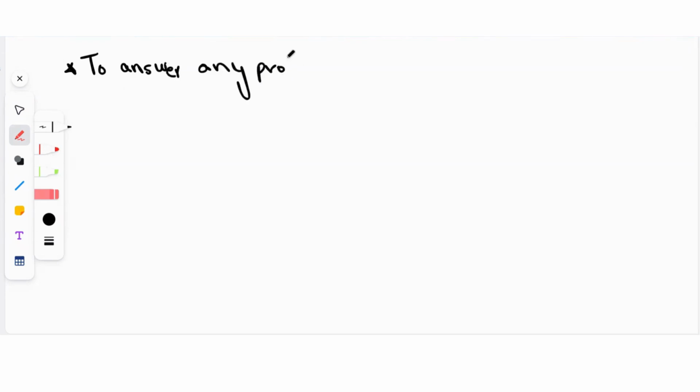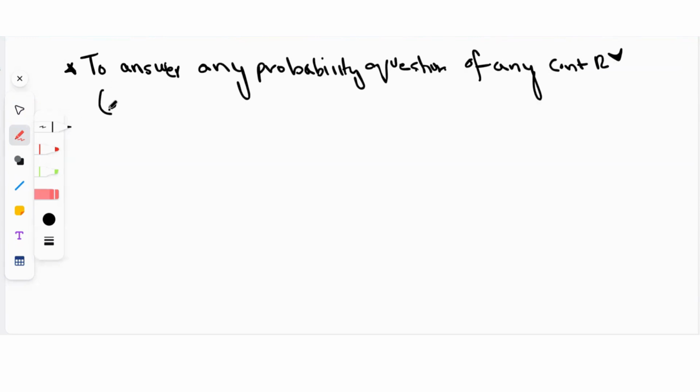We want to look at how we can answer any probability question of any continuous random variable using either PDF or CDF. So let's look at how to answer any probability question of any continuous random variable, except normal, because for normal we have these Z tables which we use to answer probability questions. For any other continuous random variable,